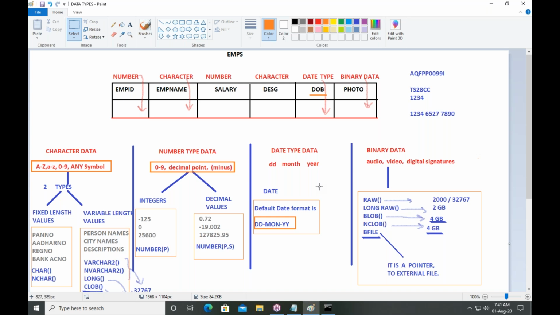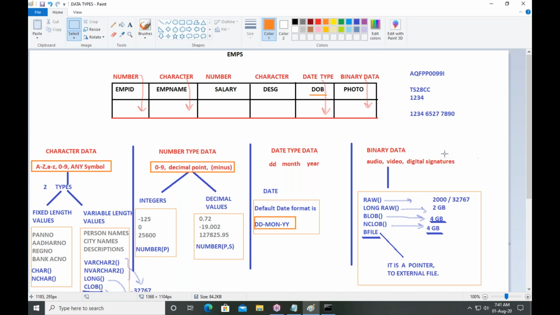So what type of data is it? That data is known as binary data: audio files, video files, digital signatures, thumb impressions, logos, images, symbols, emoji. Nowadays it is very famous on social websites, emojis. Everyone is talking with emojis only. Nobody is able to type the text.